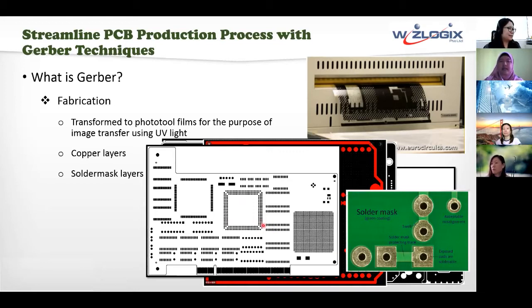So these black areas will actually transform into these areas where copper will be exposed. So those areas in white will be where you want solder mask coating or solder mask covering. So if your solder mask is green, you will see them in this manner. So this is how we translate the images on the solder mask layers to the actual physical PCB board with